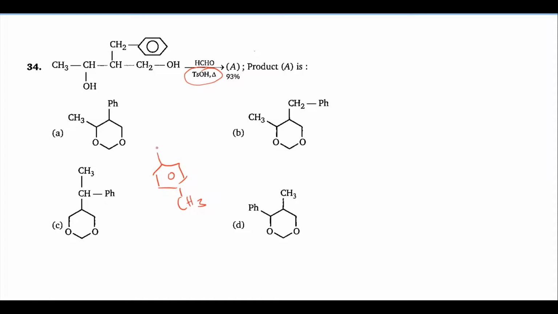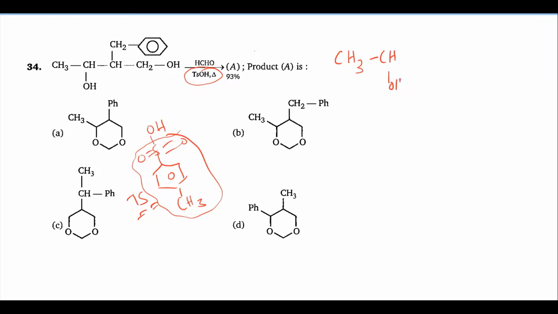This is double bond O, double bond O, OH. This part is TS, the paratoluene sulfonyl group. Okay, this part is TS. Now coming to the question, you can write it CH3,